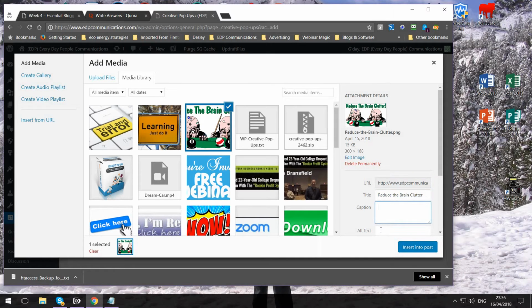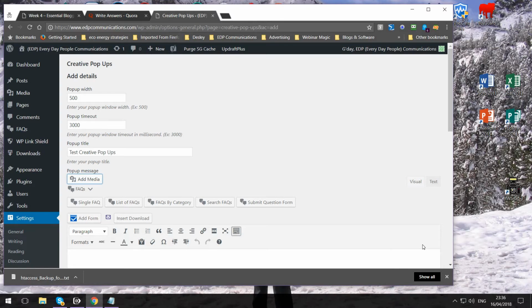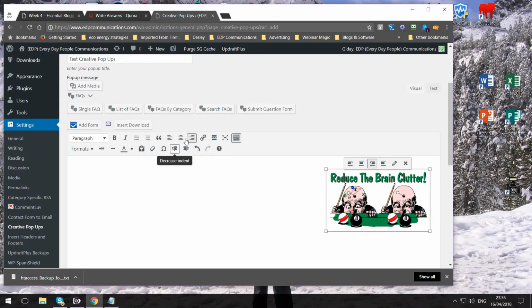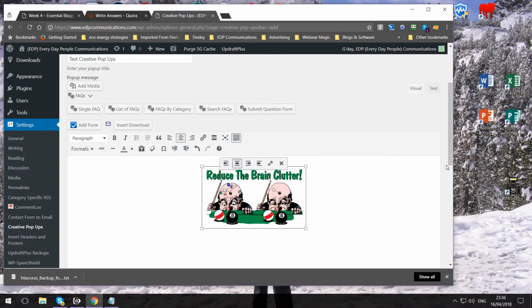You can give it a title and say Test Creative Pop-up, whatever, reduce brain clutter. How's that? And you click insert into post, and voila, you've seen it there. It's on the right. I'm just going to put it in the center,